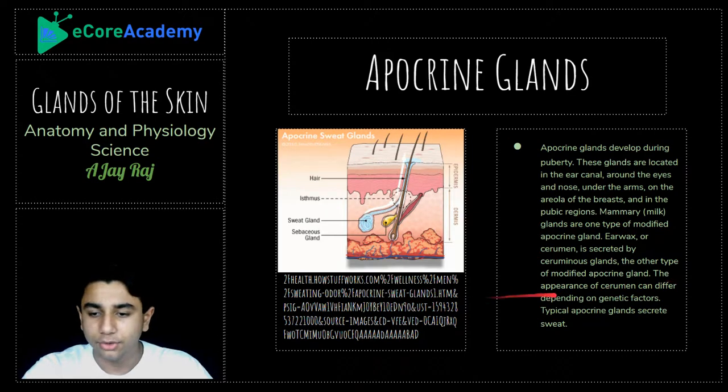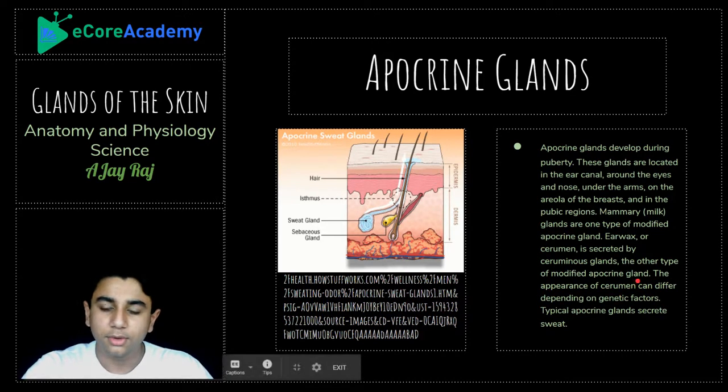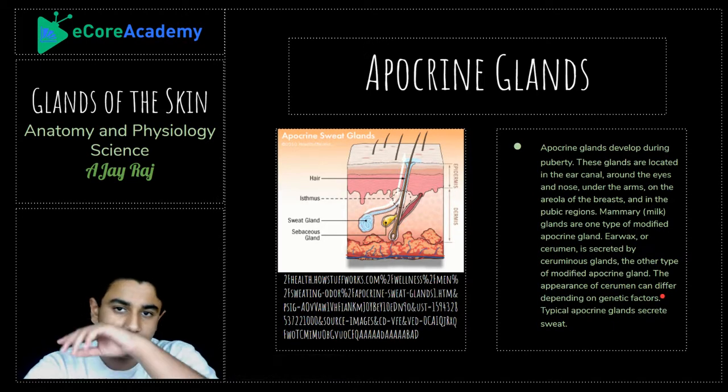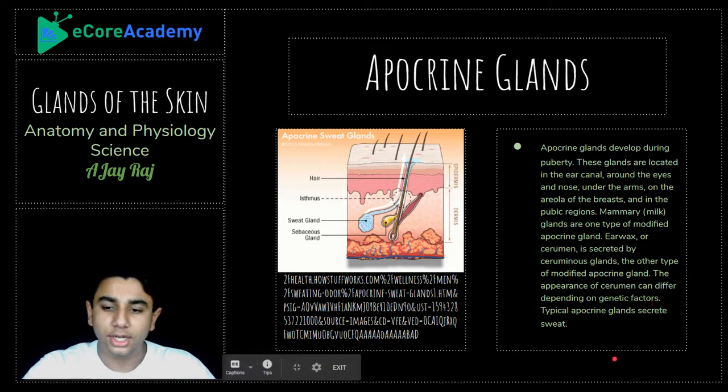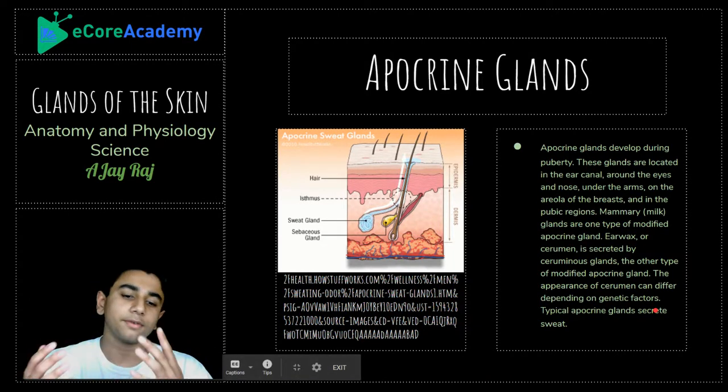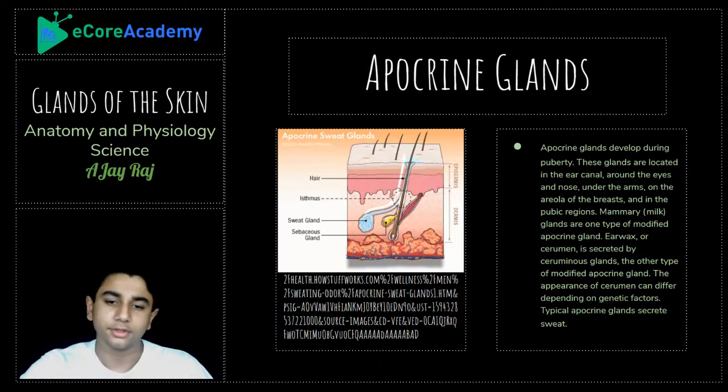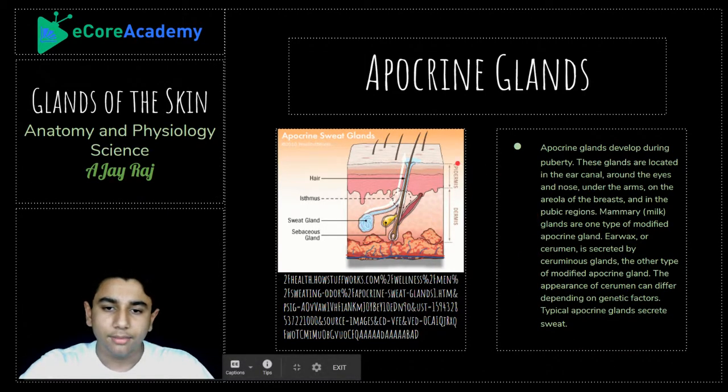And the appearance of cerumen can differ depending on genetic factors. Cerumen is basically what makes up many of the waxes in our body and the coatings as well as the oils. So basically the appearance of it all depends on genetic factors. And typical apocrine glands just secrete sweat, and then different types of sweat with different components mixed in, but very minor differences between them. And apocrine sweat glands, as you can see here,